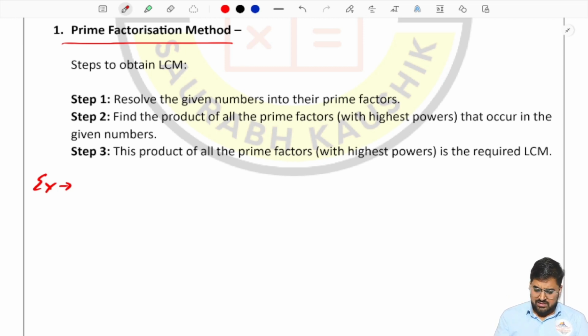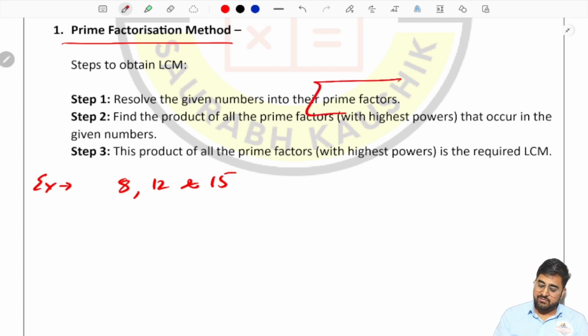Okay, take the easiest one, any numbers: 8, 12, and 15. It's a good start. Basic numbers. Just start with them. So what does step 1 say? Resolve the given numbers into their prime factors. Prime,